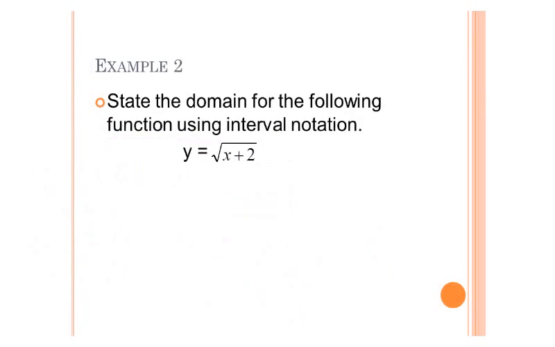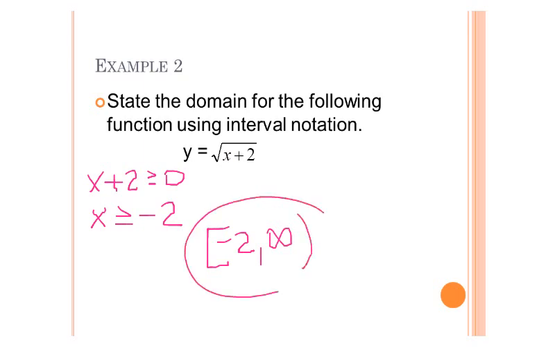Here, the domain of my function is when x plus 2 is greater than or equal to 0. The idea is we want our numbers underneath our radical to be 0 or greater, basically non-negative. So x has to be greater than or equal to negative 2 in order to make that happen. Now I use a square bracket to show that negative 2 is included, and then go on to infinity, because those numbers can keep getting bigger forever and ever and